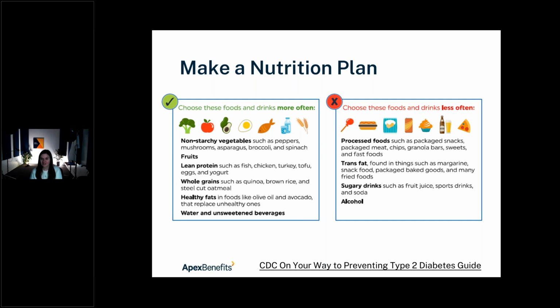On the right-hand side of the screen, the biggest thing to note is those sugary drinks, right? They're high in calories, they're not filling our appetite, but they are boosting up our sugar. So the number one thing, if you have a tangible thing to do, is to try to eliminate as much as possible those sugary drinks from your diet and figure out other ways to get those healthy nutrients into your body.